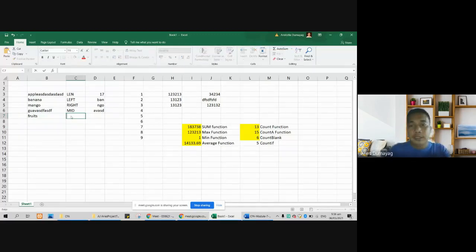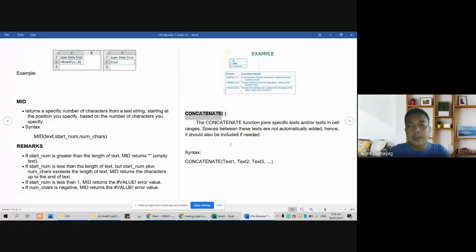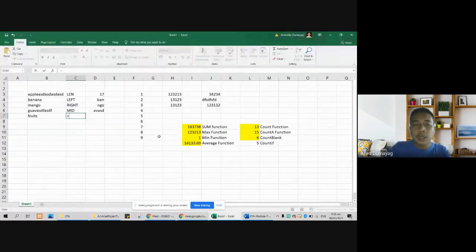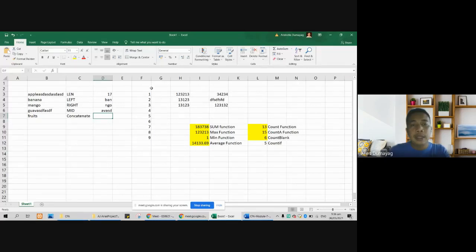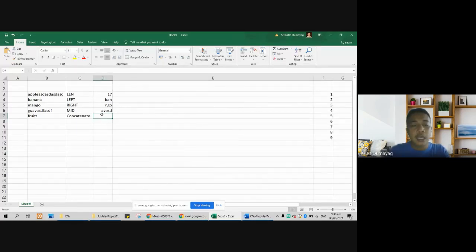Now, the next one is concatenate. Okay? So this one can join text or strings. So concatenate. I will make a phrase out of the available fruits on the list. Okay? So concatenate, outside muna tayo, concatenate, and then